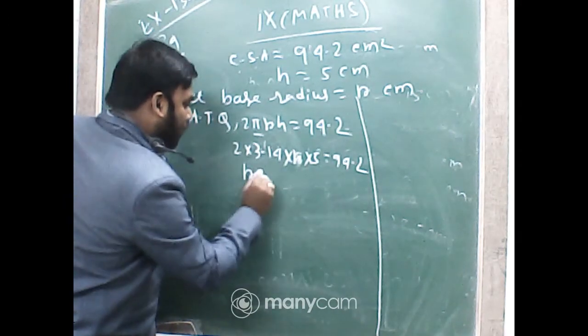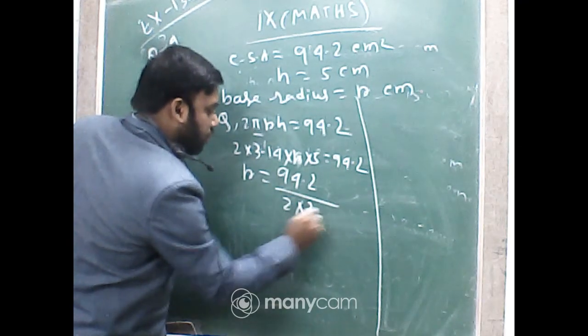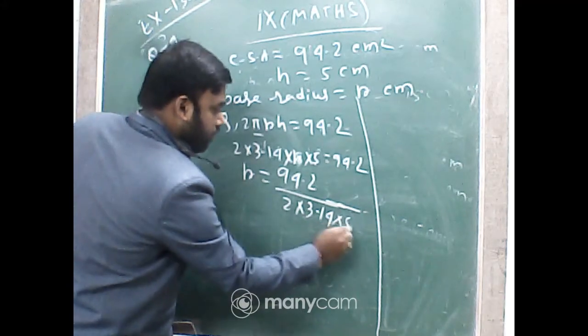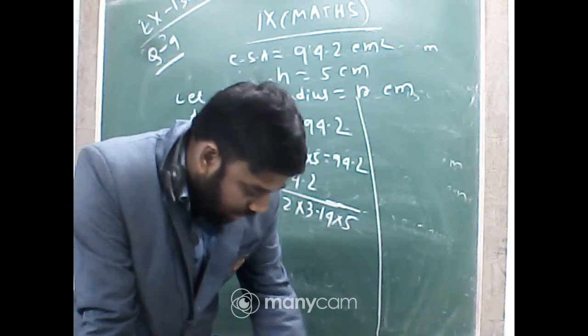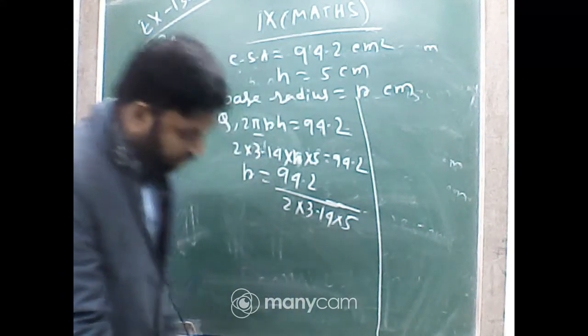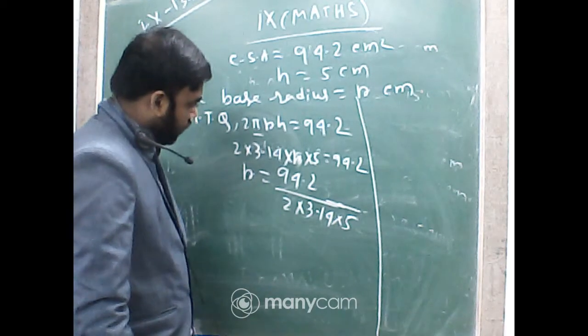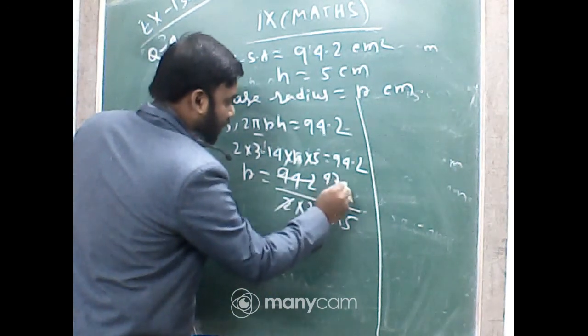Therefore r equal to 94.2 by 2 into 3.14 into 5. So what will be the value of r? Quickly answer it. First of all, if we divide it, that is 47.1